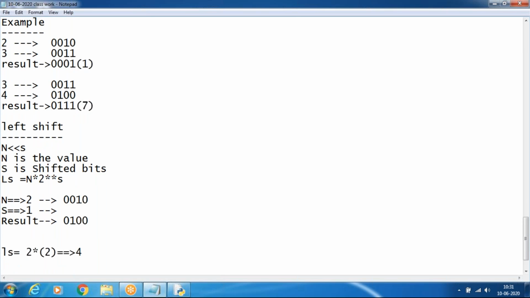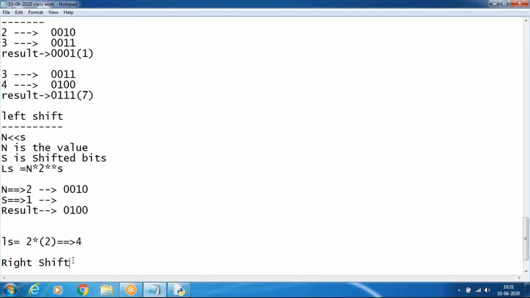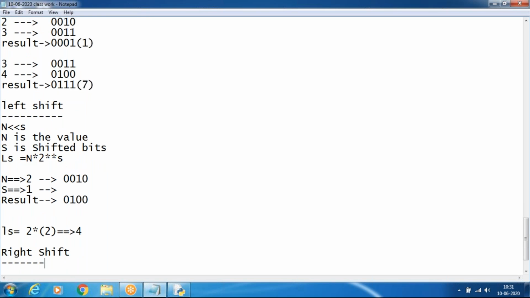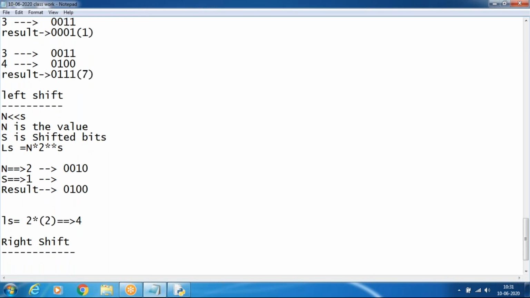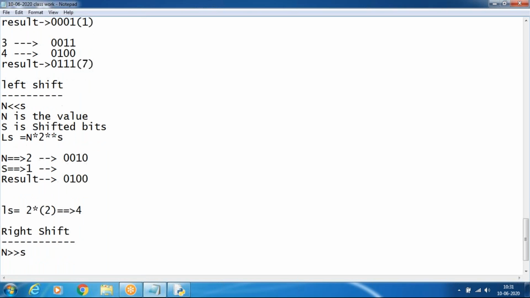Next, right shift. The right shift is used as n greater than s, where n is the value and s is the shifted bits.